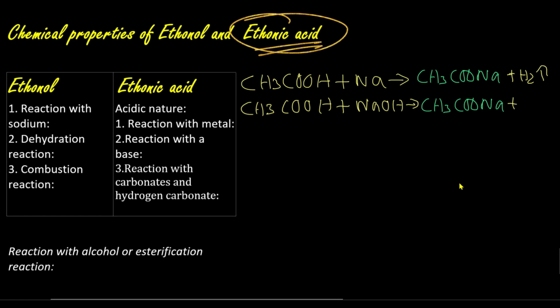This time it is not hydrogen gas. What do you know? An acid reacts with a base to give salt and water. So this time water is produced. Now the other property of ethanoic acid, it being an acid, will be what, like